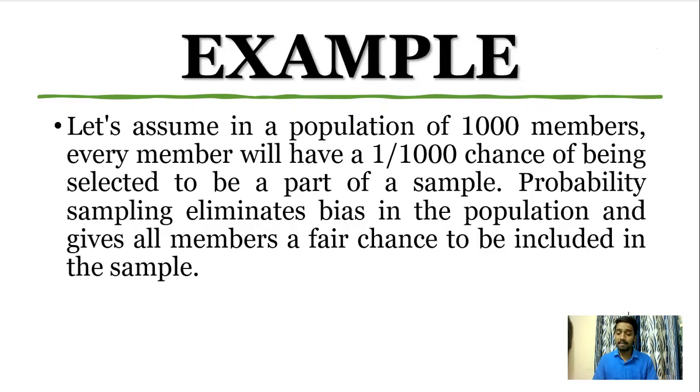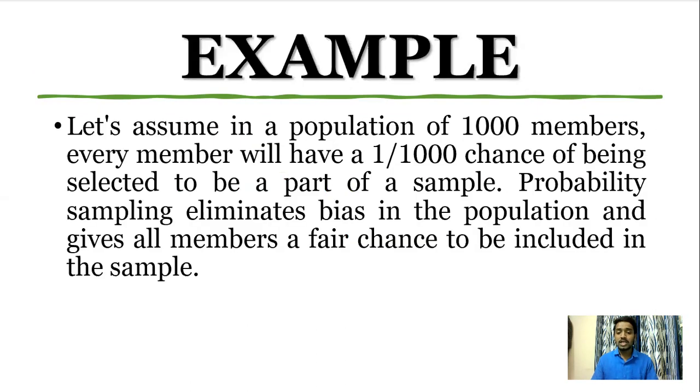So here we have an example for probability sampling. Let's assume in a population of 1000 members, every member will have 1 by 1000 chances of being selected. So 1 by 1000 means that each member will have an equal chance of getting selected here. There is no chance of a member missing a chance here. So everyone will have their turn, and they have equal rights over everything, and they'll have an equal